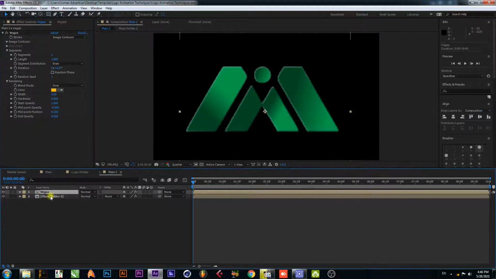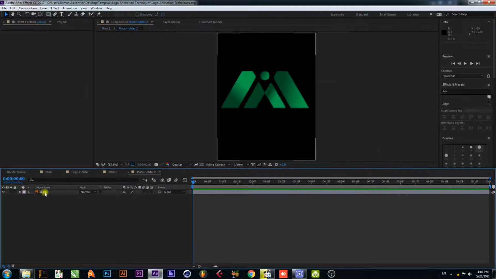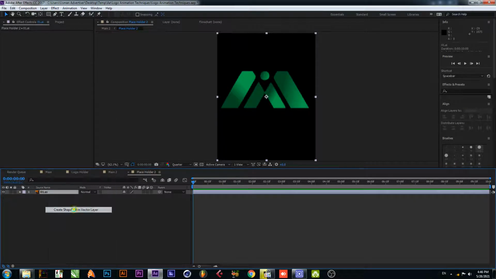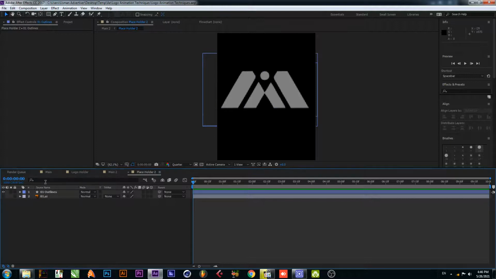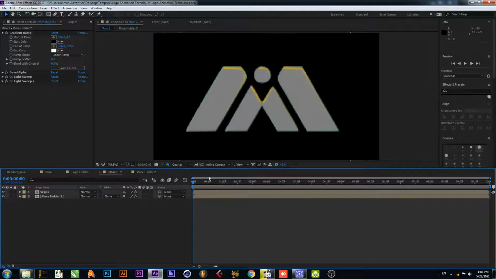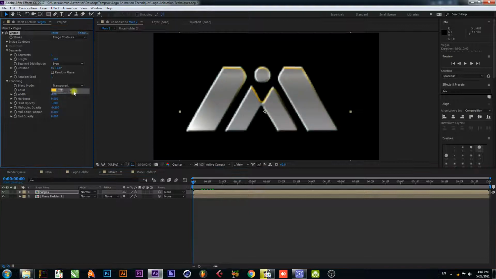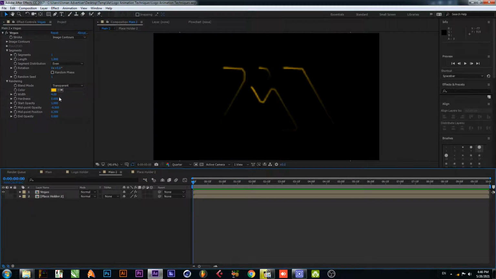Okay, now double click on placeholder, right click on your logo and create shapes from vector layer. Okay, enable the bottom layer, go to here. Okay, now change the blending mode to transparent. Okay,